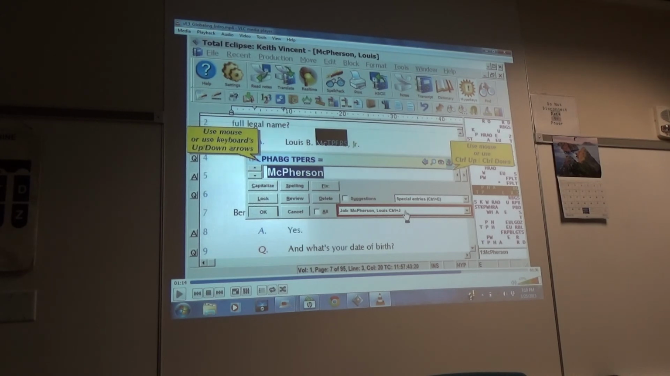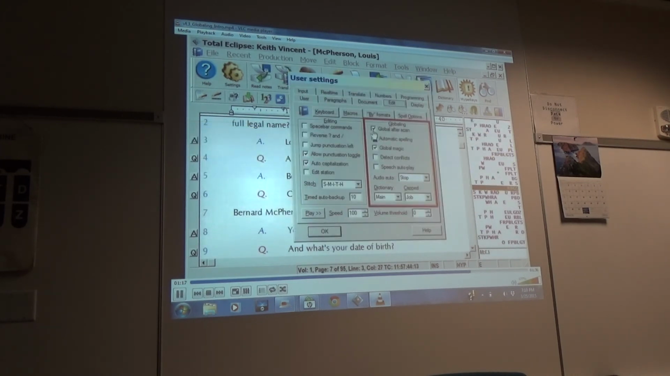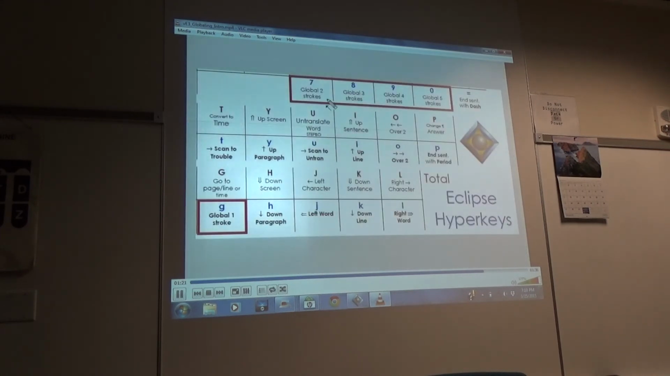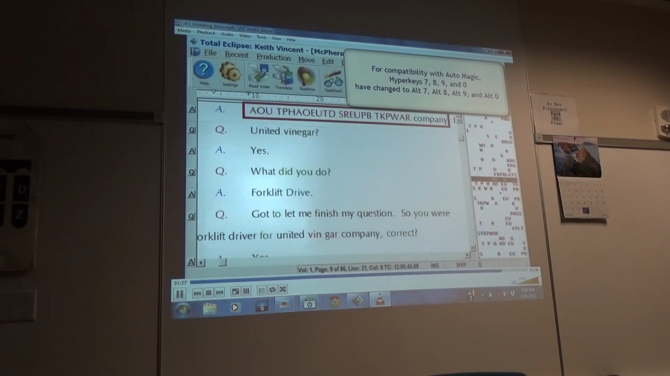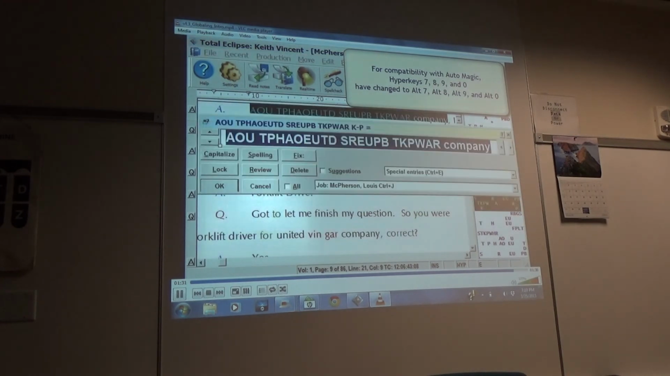Carmen? Okay. Of course, you do not have to use automatic global after scan. I prefer to use hyperkeys that make it possible to select multiple steno strokes with one button. So here, instead of having to press Control G 5 times, I can just use